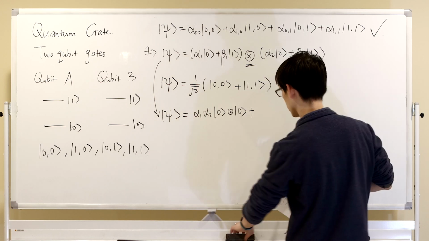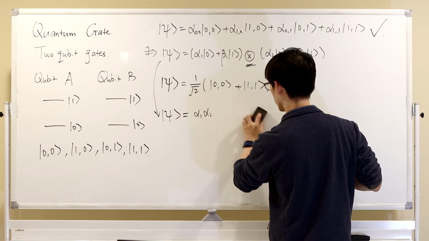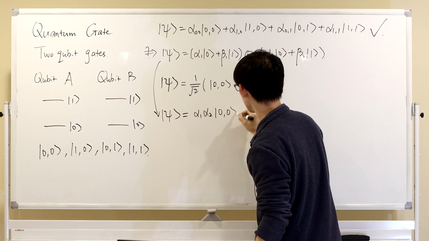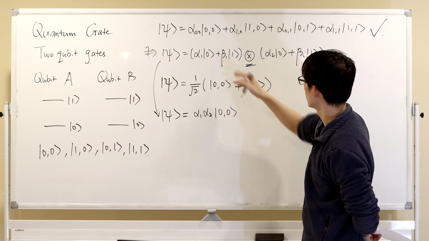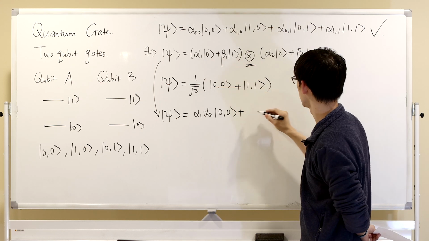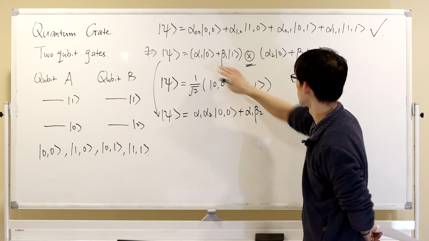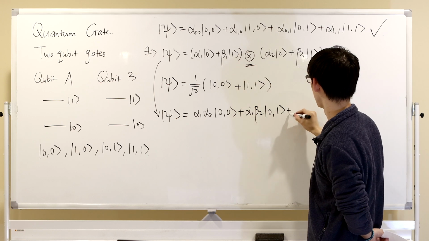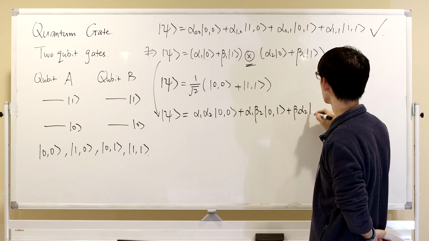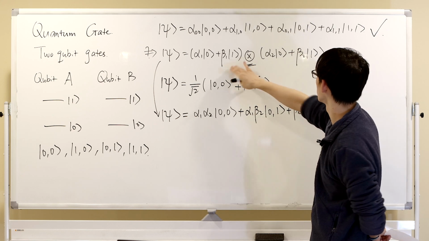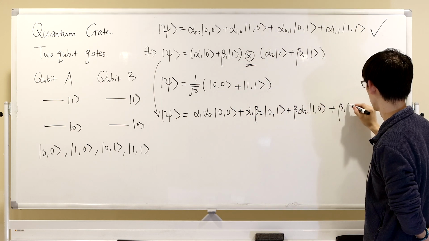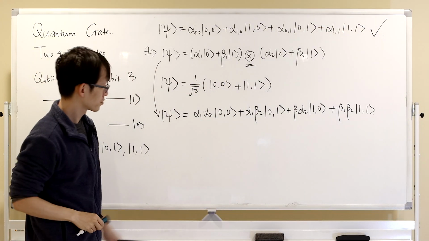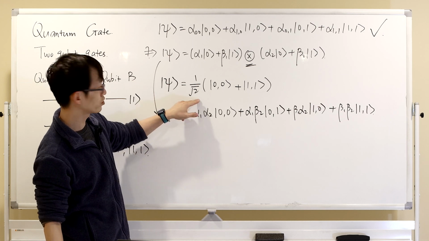If you're okay with this, then we replace it with 0,0, because both qubits are at 0. Then you move on to the next, alpha 1 beta 2, and that's 0,1. And then beta 1 alpha 2, 1,0, plus beta 1 beta 2, 1,1. Okay, and if this has to equal the state I wrote down here,